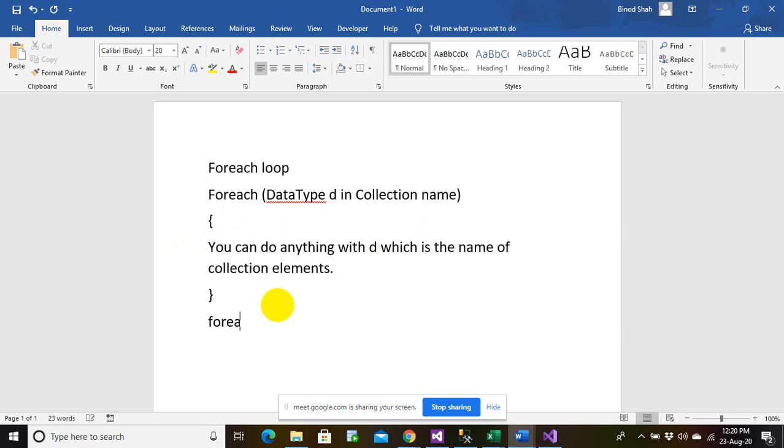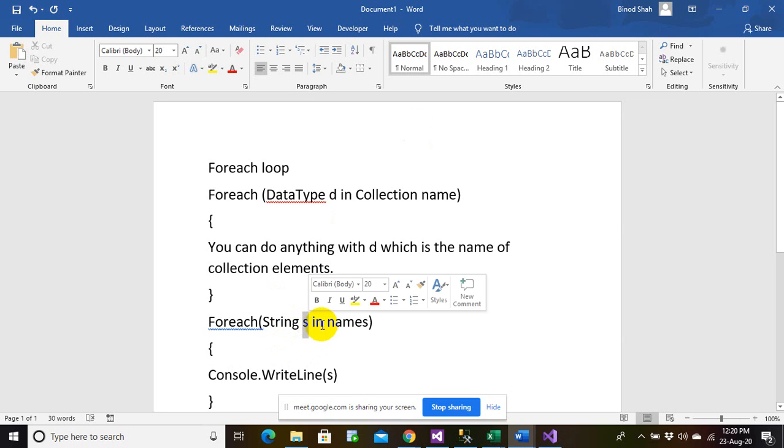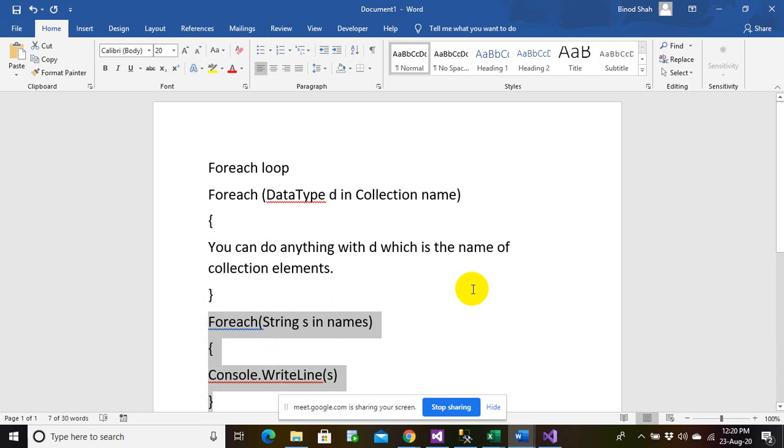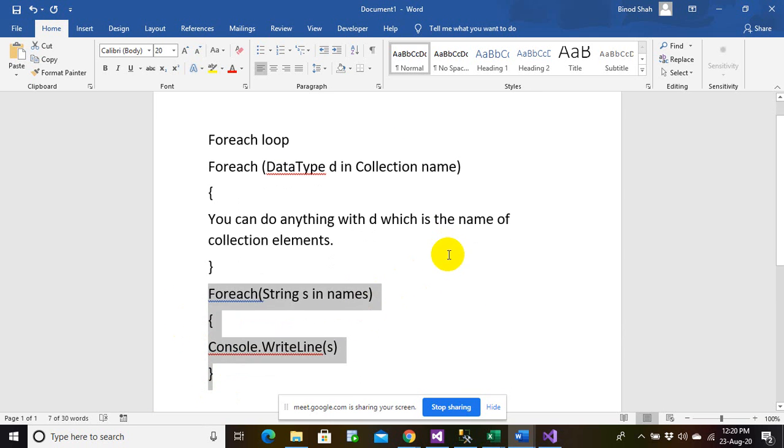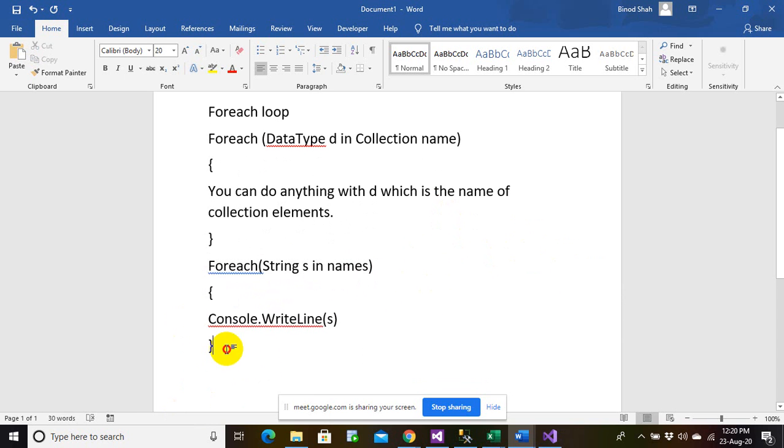For example, you could be having for each string s in name, and what you can do is simply print s. So what this will do, for each string s in name, is whatever array elements are in names will be stored in s for one iteration. This will be printed, and again, till the end of the values in this name, the name will get printed every time, till you have gone through all the names in this array list. So let me explain this with the help of an example, and then things will be more clear to you.